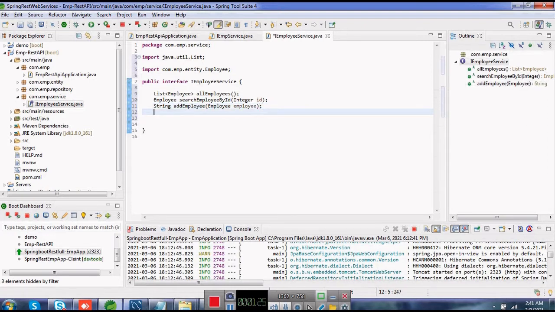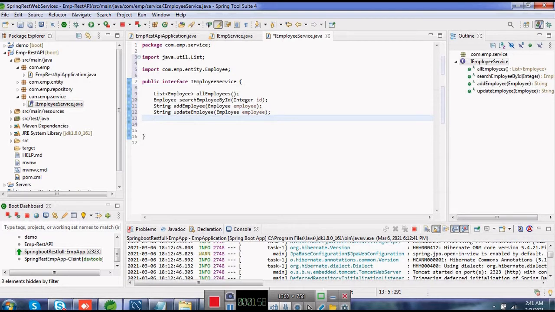Next I can make the update method, returning string, update employee. So this is again employee, and I have to pass this employee object as a parameter.